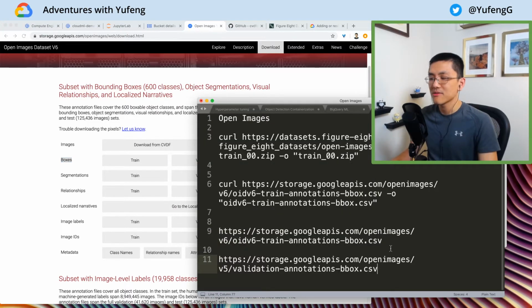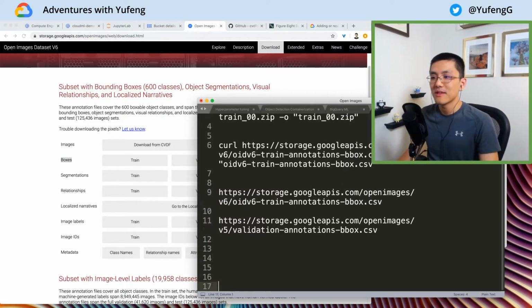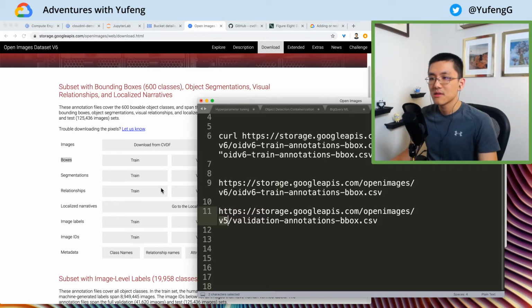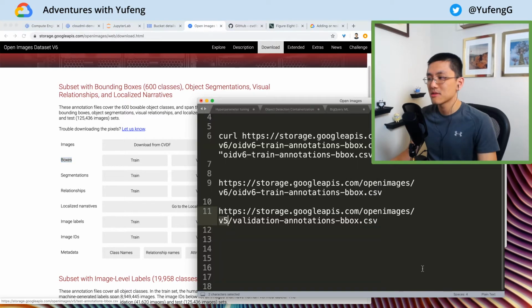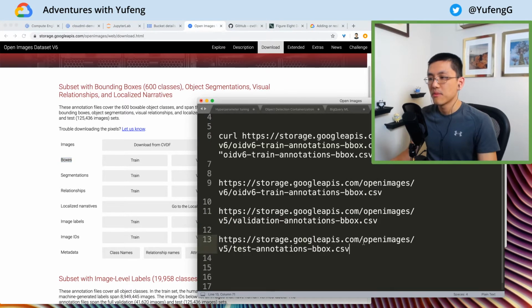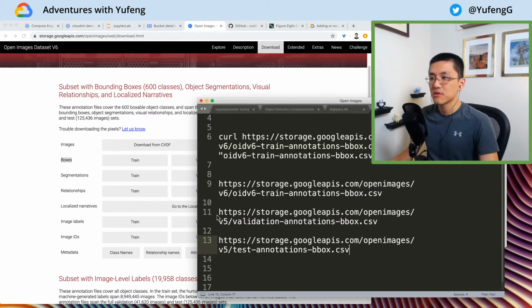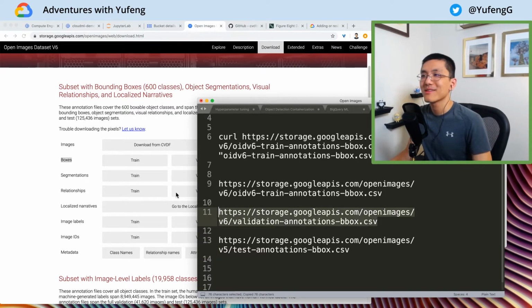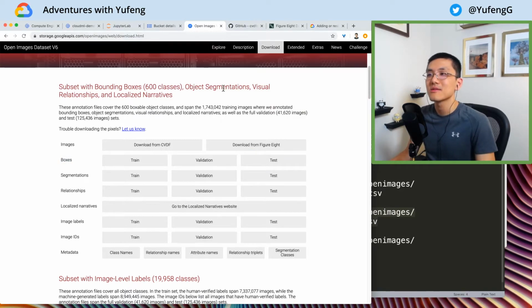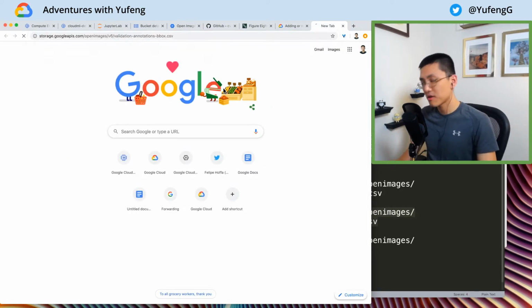Why is it that this validation data set then is v5? Notice that. I was mousing over that and thinking that's a little bit odd, and I would be curious to see if the corresponding v6 URLs exist, and if they do, whether we shouldn't be using those instead. So let's play with that real quick, just as a curiosity, because that's what this is all about, exploring